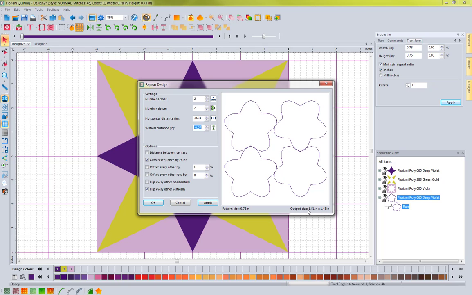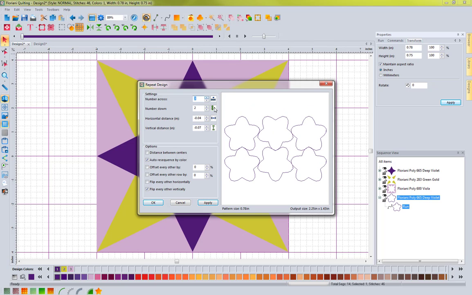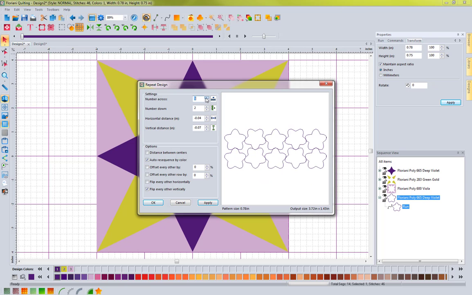And I want to get it to where it's about 8 inches by 8 inches. So right now I'm at about a 1.5 inch. So I'm going to come over here and I'm going to focus on the number across first. So as I click across, I'm going to look at this value right here, and I'm going to click it as many times as I can until I get to 8. And if I go over like 8.13, I'll just go back down 1. So you can see I can get 10 across, and